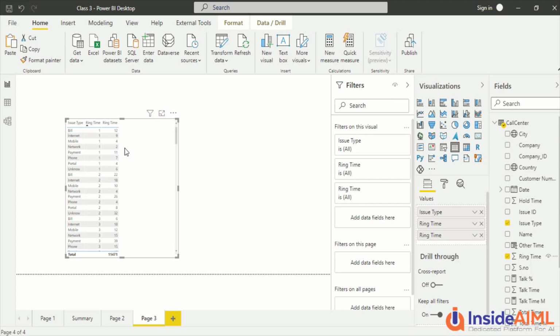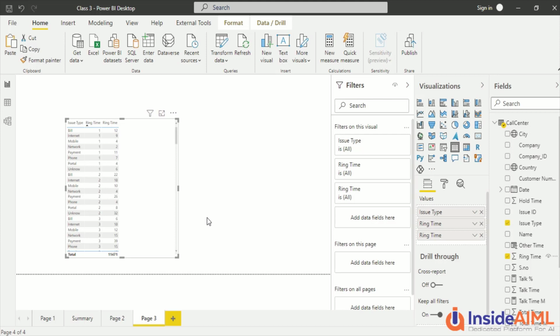And one more thing: we don't have a serial number in Power BI, so I can't add a serial number. If you say you need a serial number, the best thing I can do is create some kind of rank which will display as a serial number, but we will not have a serial number here. Right now that functionality is not available. There is an idea open for the serial number, you can go ahead and vote for that, but there is no serial number right now in Power BI at the table level or the visual level. Serial number is not there.